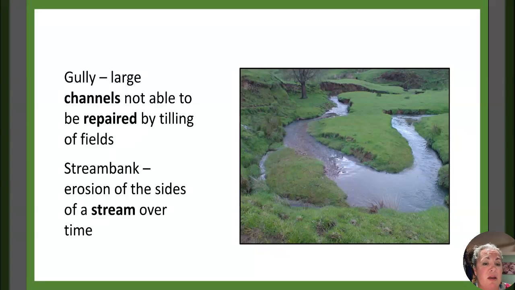Now you have something where water's flowing on a regular basis, and a gully starts to form, and it's deeper, and basically all the topsoil has gone. There may be multiple horizons that have been stripped out, and that wouldn't be an area where you would see growth happening anyways. And then stream bank erosion is when the sides of a stream, over time,